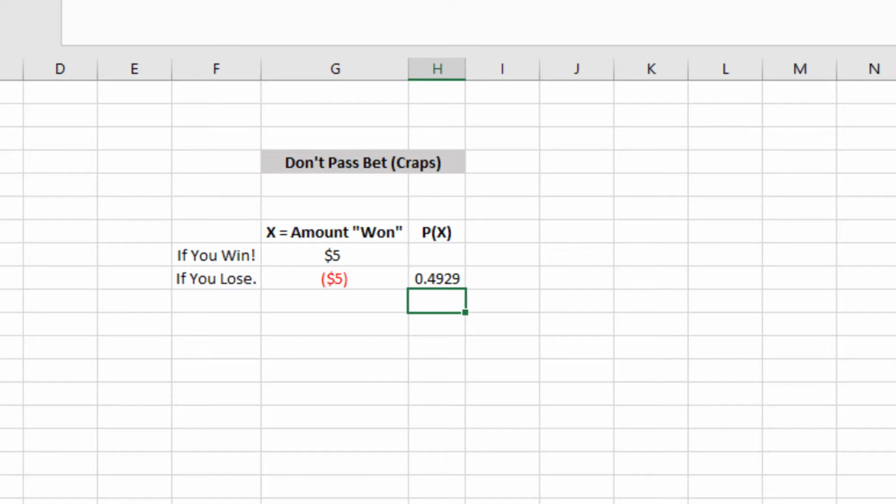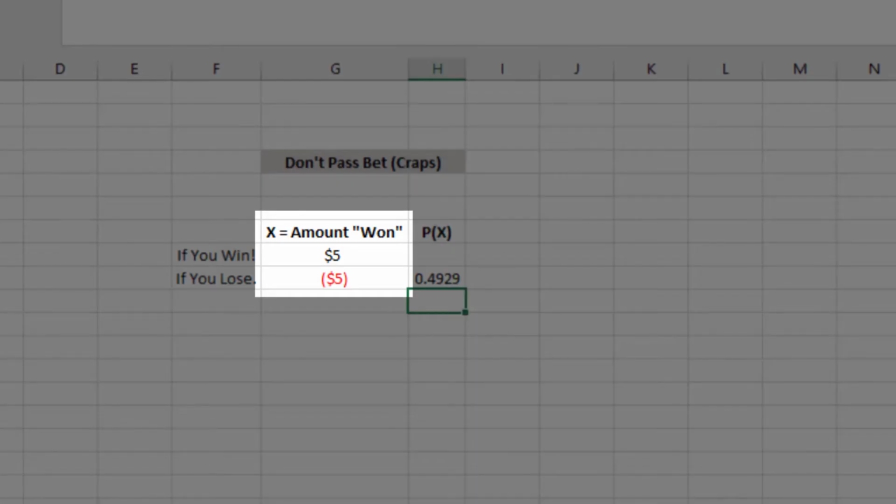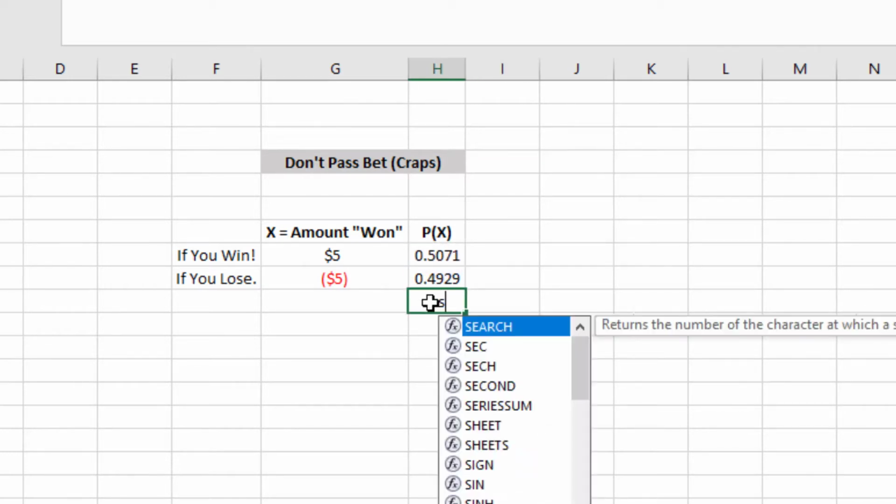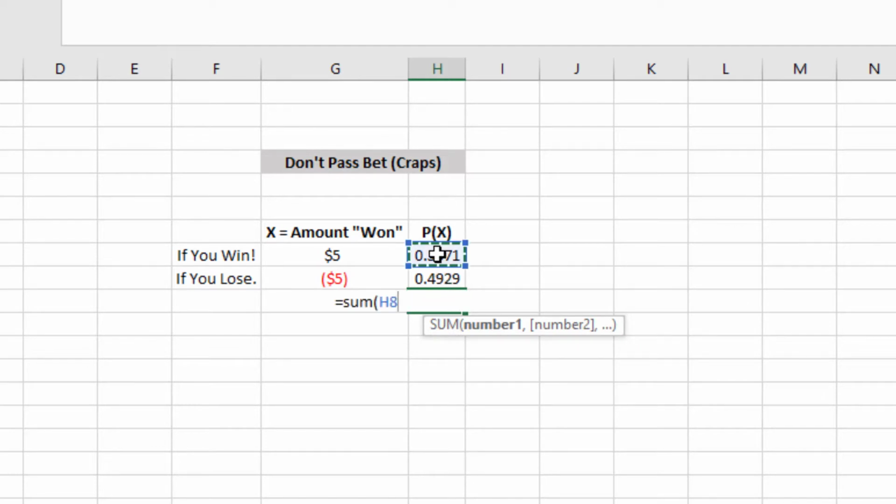One thing to note here too, the payouts are going to be exactly the same. They pay the exact same. If you bet $5, they're going to hand you back 10. If you win, and if you lose, they're going to keep your 5. Now, some of you might be thinking, wait a minute, holy hell, Sean, that's awesome. Because if that's true, then that means the chance of winning on a don't pass is the rest, right? Because these have to sum up to 1.